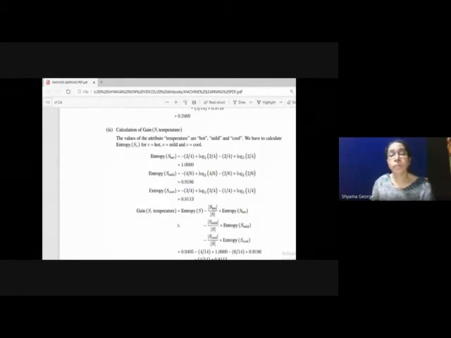So entropy of S hot is equal to, then you take that particular attribute and check the value. You can find that there are 4 records having the value of temperature as hot, out of which 2 are in one class and 2 are in the other class. 2 are yes and 2 are no. So the entropy of S hot is minus 2 by 4 log 2 to the base 2 by 4 minus 2 by 4 into log 2 to the base 2 by 4, which is equal to 1.